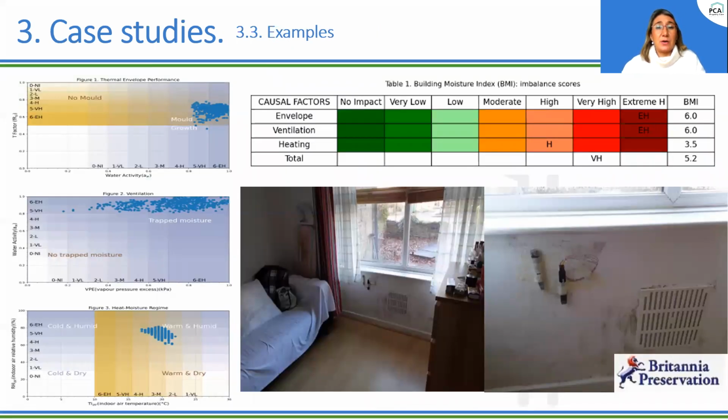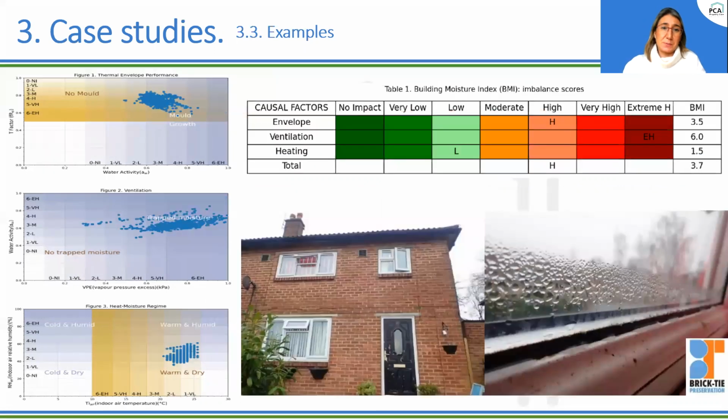And this is an example of a property where we can see that the causal factors that are causing imbalance are the envelope and the ventilation, lack of ventilation and poor envelope, with extremely high impact of moisture imbalance. And then as a whole, we have a total very high imbalance score of 5.2 of the assessment. In this other case, we see that we have a problem with ventilation with extremely high scores causing imbalance. But however, the heating is adequate. But because the envelope is also causing a problem, we have as a whole a high imbalance score of 3.7